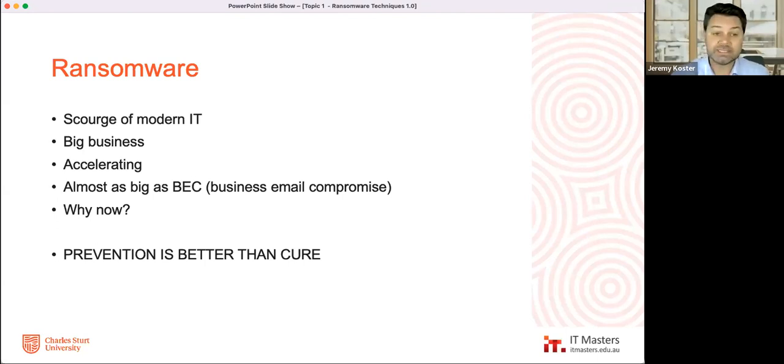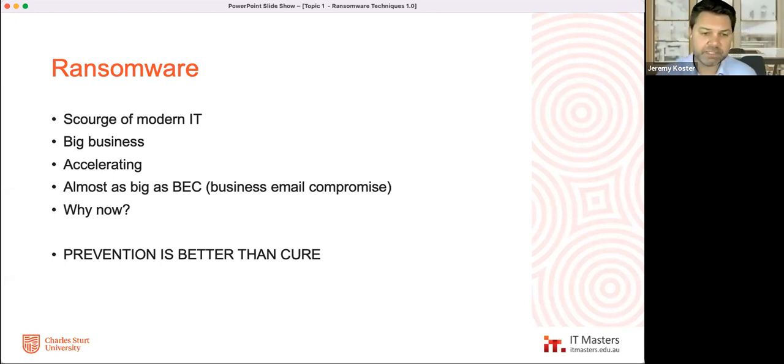But a lot of the techniques are similar in getting into an organization, spreading in an organization, and locking them up. Now that's come about because I think we've been fortunate up to now that there's been so many environments out there on the internet. Our interconnectivity has grown, and the way in which we deal with our internal IT systems is now going outside into the cloud, which is a perfectly reasonable thing to do and can be done very securely, but it means we're just that more interconnected. So it's a bit of a confluence of all those things together, making ransomware profitable and getting the cyber criminals the money that they want.